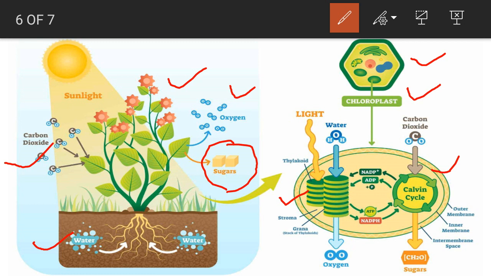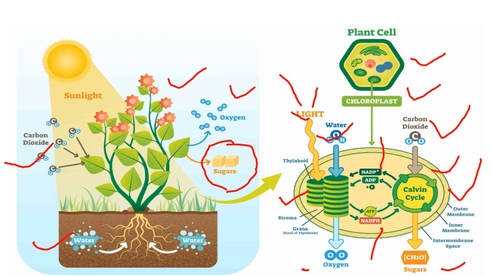In the light reaction, thylakoid grana absorb light energy and break down the water molecule into oxygen, and the products of this reaction are ATP and NADPH. Now this ATP and NADPH enter into the dark reaction in the Calvin cycle where they convert carbon dioxide into a sugar molecule, leaving behind ADP and NADP plus, which again enter into the light reaction. This is how photosynthesis occurs with the release of a very vital compound for life to sustain, that is oxygen.